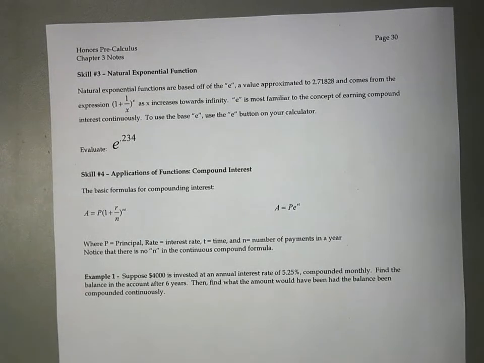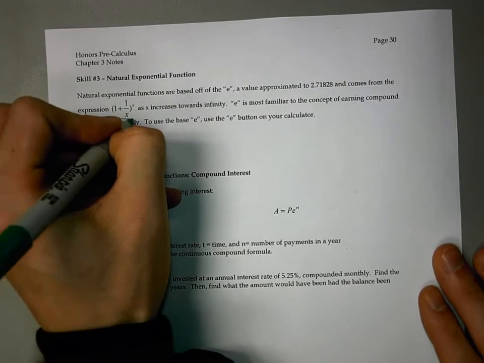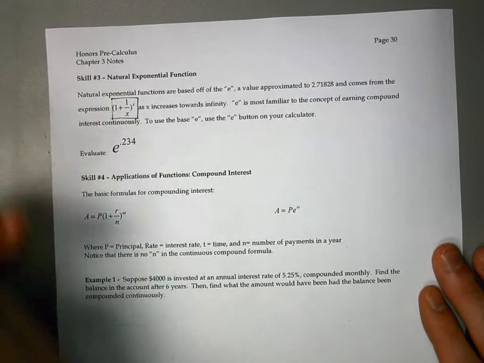The second concept in terms of exponentials that we want to look at is the natural exponential function. And the natural exponential function is based off of the value e. e is a constant, just like pi is 3.14159. e is approximately 2.71828 and comes from this fancy expression of (1 plus 1 over x) raised to the x as x gets